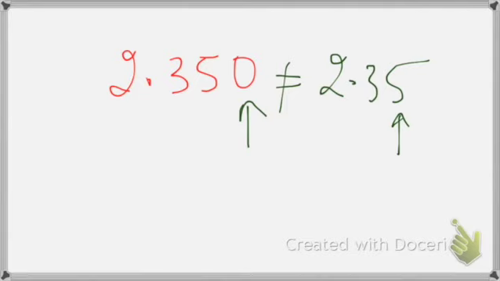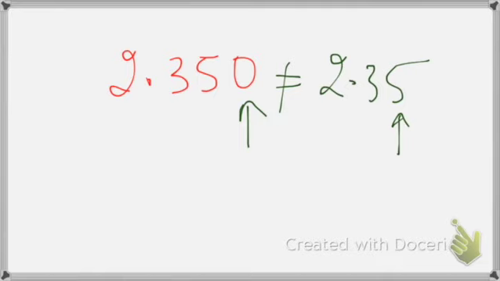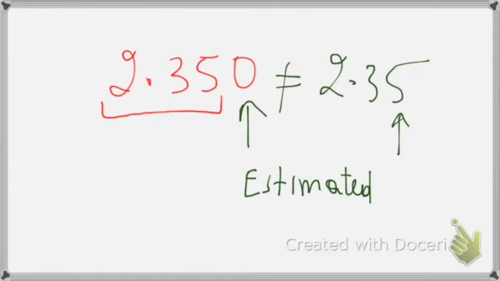So now let me go back here. So now the last digit, the very, very last one, is called the estimated digit. So that's the estimated digit. Now all the numbers before it are called certain digits. So the certain digits means that we do know we have that number for sure. We know we have at least something that shows we have at least